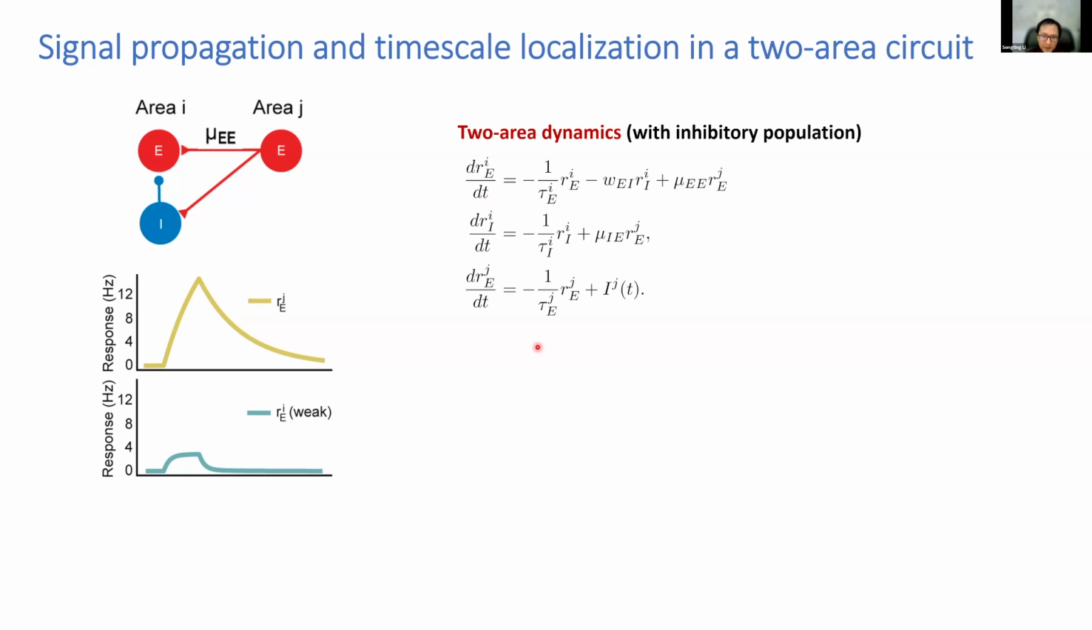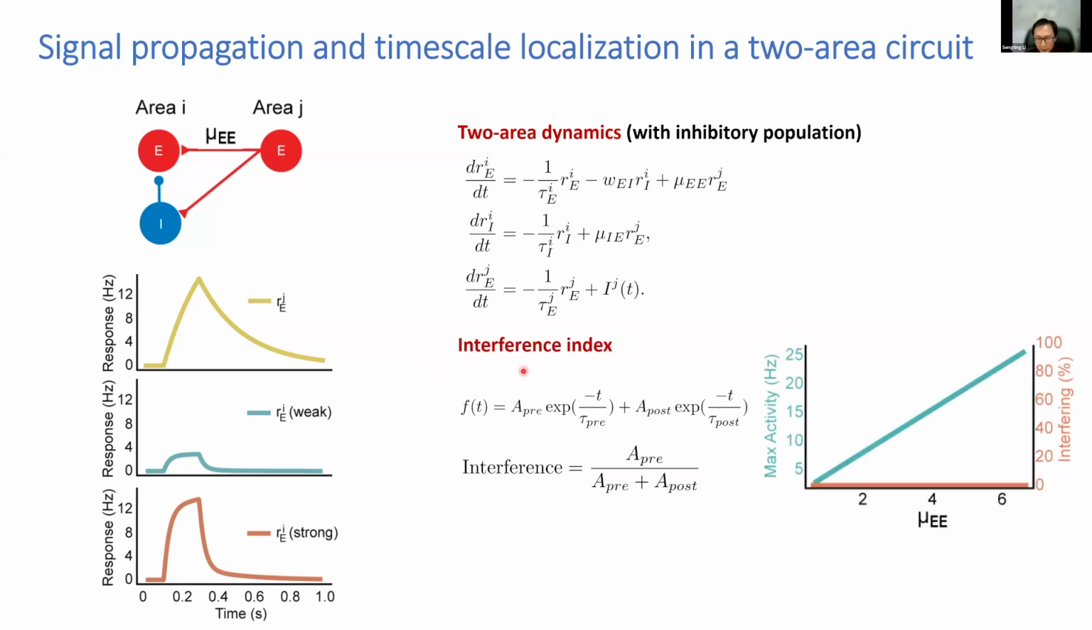So let's start with this toy model. And then with certain parameter regimes, if we increase this mu EE, the E to E coupling, we can see the downstream area's response will increase. Meanwhile, it can maintain its very fast timescale, not interfered with by the upstream area's slow timescale. And if we compute the interference index in this case, when we increase the interaction between E and E, the maximal downstream area's response will increase, but the interference index will remain at a very low level, close to 0, indicating almost perfect